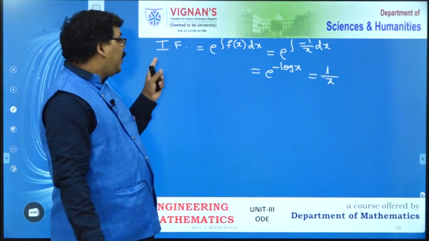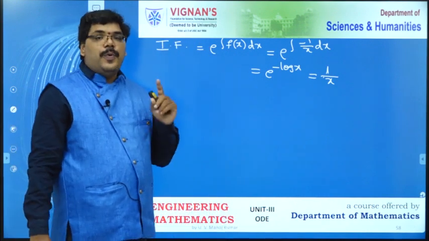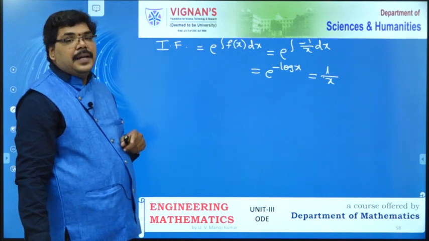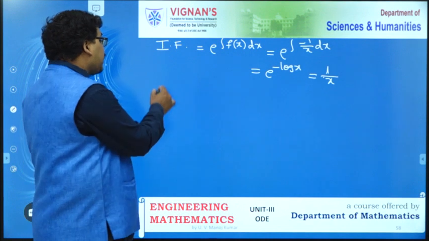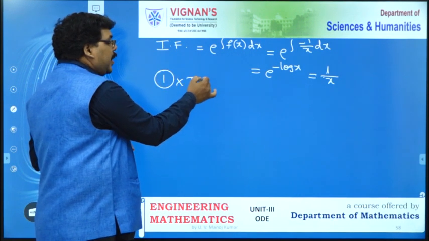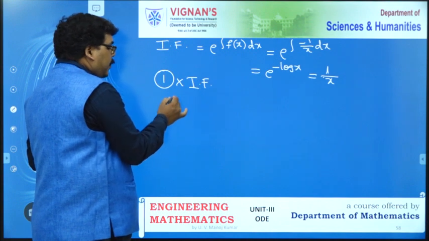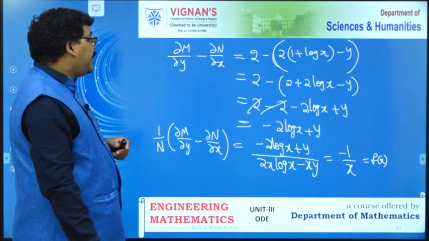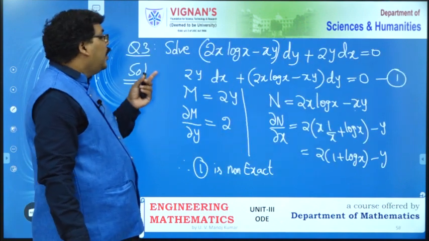Our integrating factor becomes 1 by x. After knowing the integrating factor, you multiply the given differential equation with it. So 1 by x into the given differential equation,